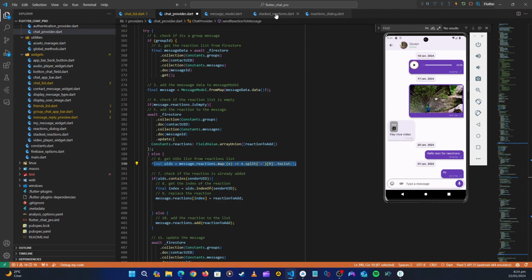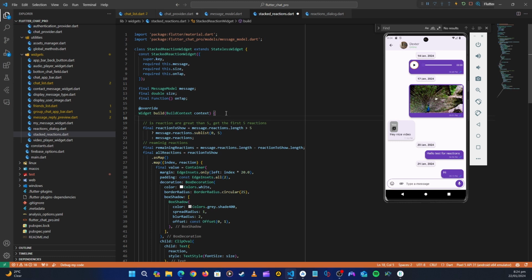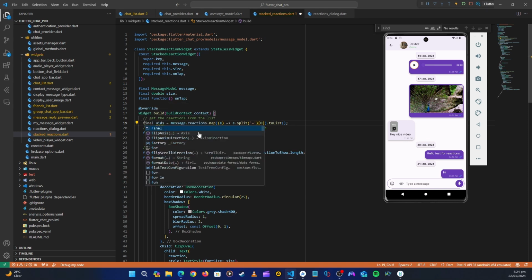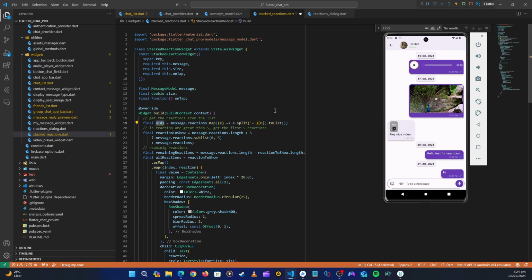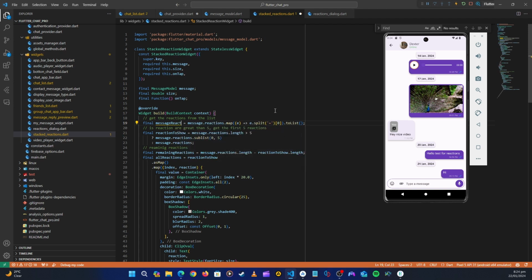copy it, and then in the stacked reaction here we are going to say get the reaction from the list. Okay, so get the reactions from the list. Okay, and then we will paste that. So this is going to be reactions final. Let's name this as a message reactions. Okay,